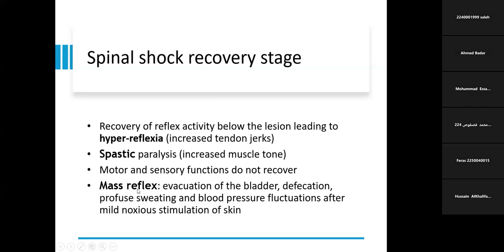Mass reflex. This is the most strange thing. A small stimulation at some leg or knee or abdominal region causes a sudden reflex of the body, and immediately this person passes urine and stool, gets a lot of sweating, and the blood pressure goes up and down. This is a strange thing which happens in the recovery stage,